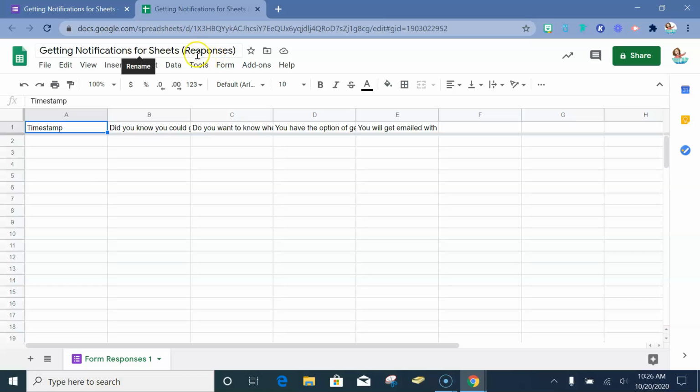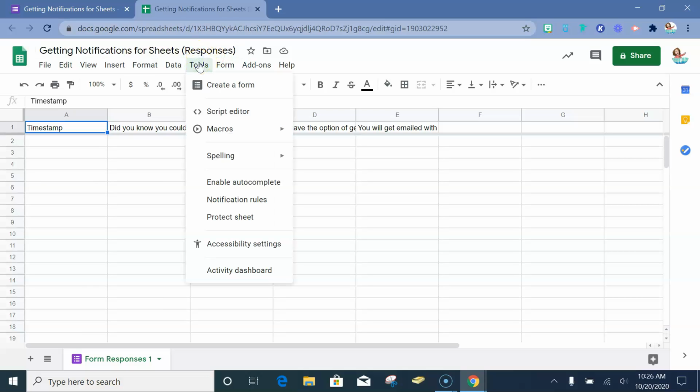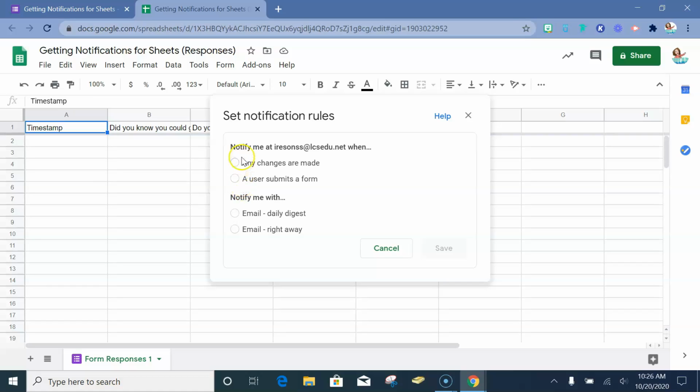The next thing that you're going to do is go to Tools, click on Notification Rules. You have two options here for notifying. Notify me at your email address when any changes are made or when a user submits a form. When any changes are made is selected, that means someone else might have access to this spreadsheet and they can